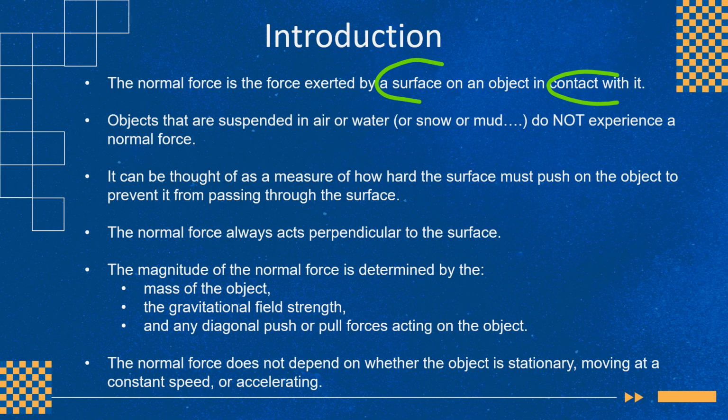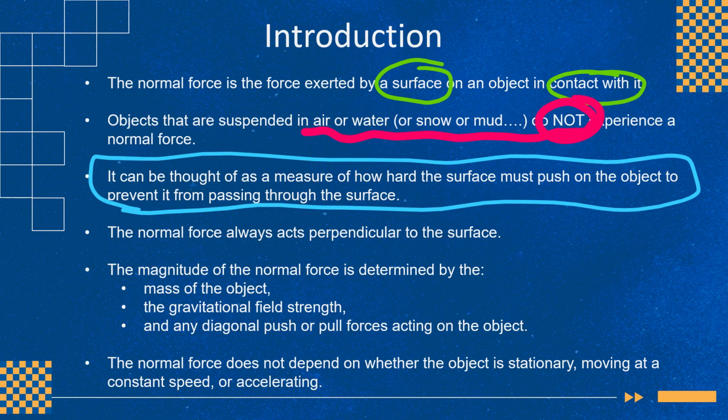the following. Only objects on a surface, if the object is in contact with that surface, will experience a normal force. Any objects moving through air or hanging in the air or suspended in the air or moving through water or snow or mud, any medium where objects move through that medium, guys, those objects do not experience a normal force. So if you step on snow, your foot goes into the snow. So the upwards force of snow on your foot, that's not a normal force, because if you look at the